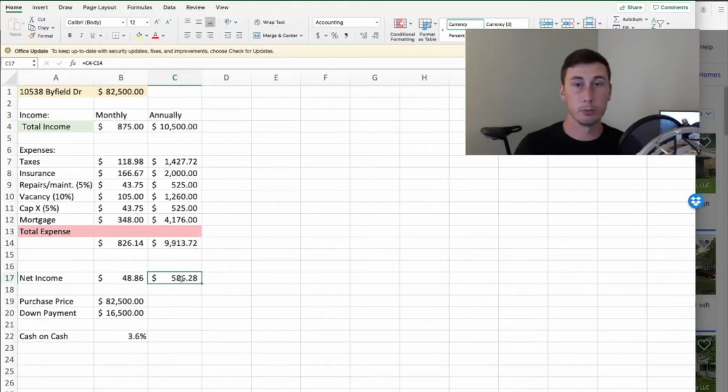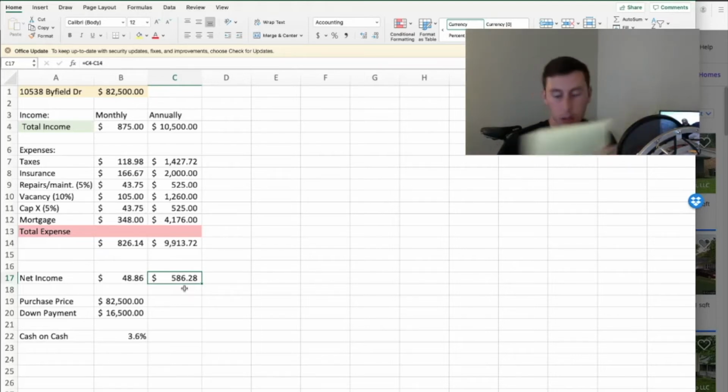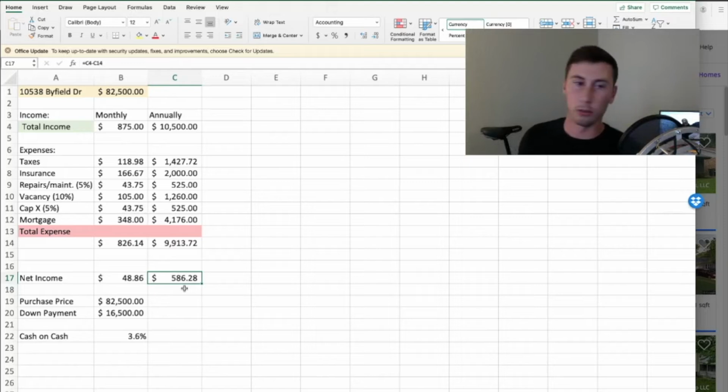Now, one of the most important numbers in real estate is your net operating income, or your NOI. So after our income minus our expenses, we get this number right here, $586.28. Now, what we're talking about is our cash on cash return. Again, the cash on cash return. So to find that, we need to figure out all these numbers, and then we need to take the NOI, the net operating income right here, and divide it by the money that we have